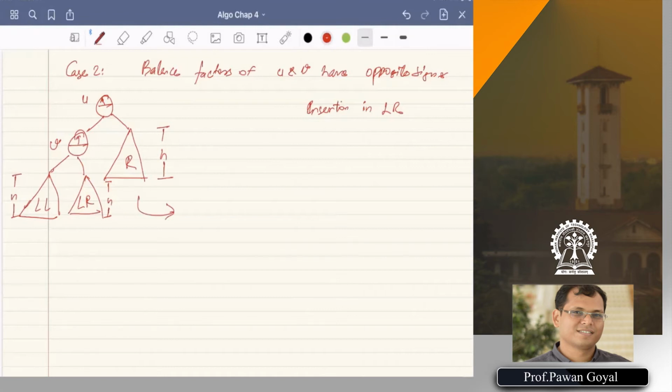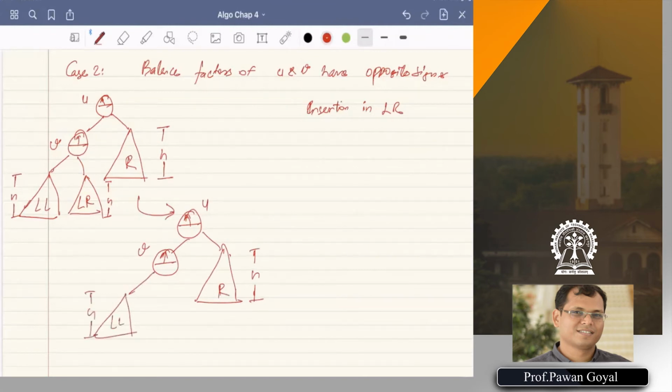So you will say U, V. R is of height H, and the left subtree is like this, LL, but at the right you find a node W, and let's say in the left of this there is a change.